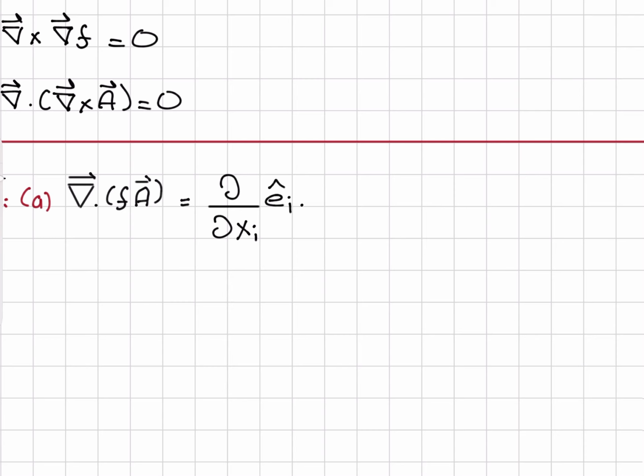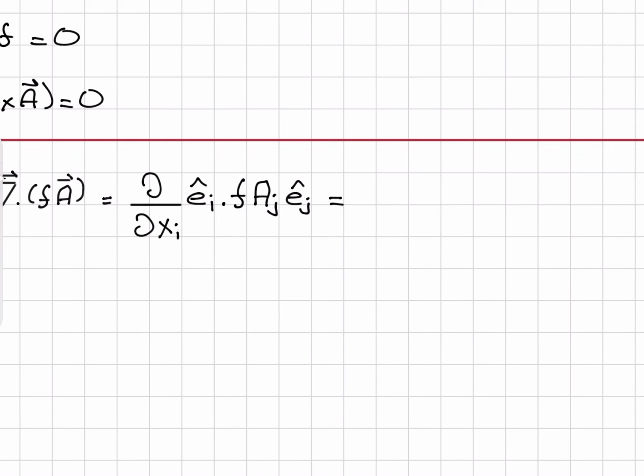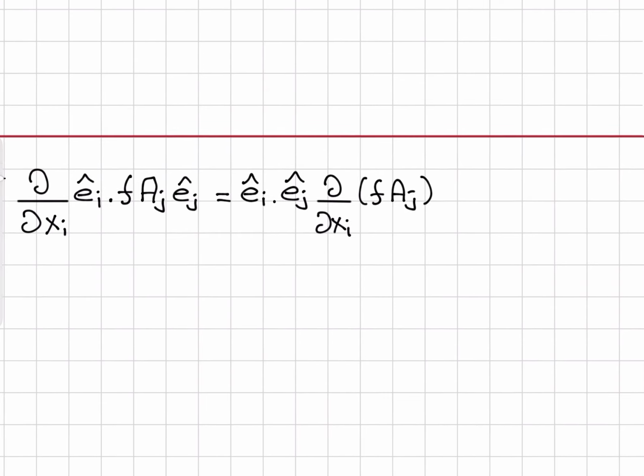This is to be, we have to perform a dot product with f times vector a, which is aj ej hat, and this dot product will involve the dot product between two unit vectors ei hat and ej hat, and then we have the del operator del xi acting on f times jth component of vector A. Now we know that the dot product between ei hat and ej hat is Kronecker delta ij, and then we have del xi